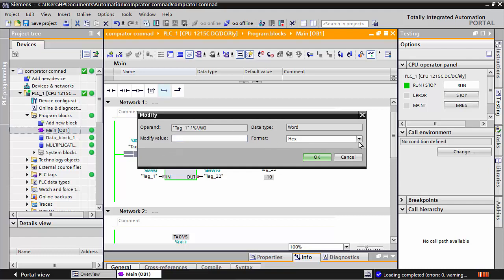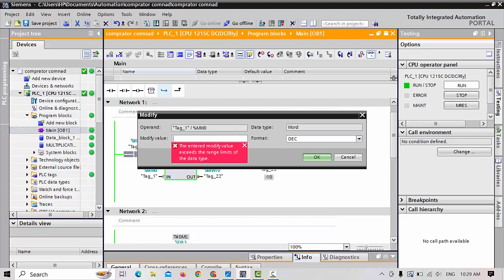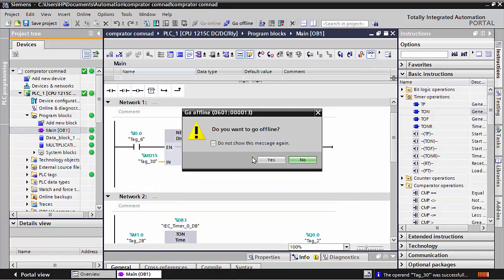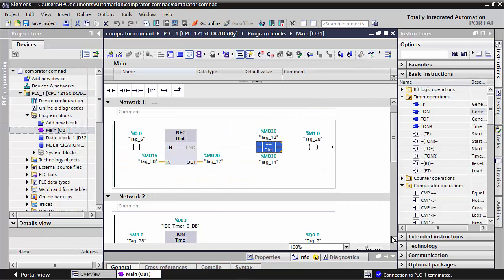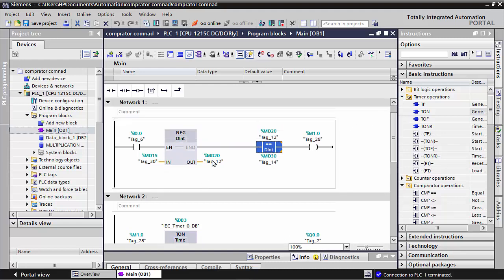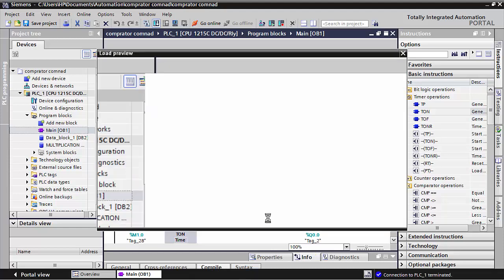This also must be changed in decimal condition, minus 50. One second friends. And see, if you use another command in the program, for example this timer, you can also use the timer. This data was first wrong. Now I make this data corrected. If you put in DINT data, you have to use the MD series, and also here MD series. First I was using MW0, but all have to be MD0, and again download it,